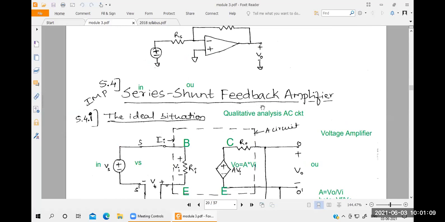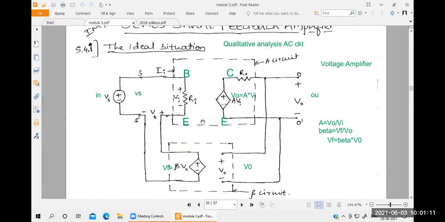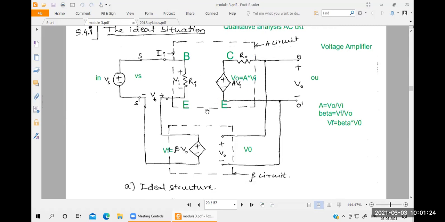Series-shunt feedback: this one is the voltage amplifier. In it, we want to find the total input resistance with feedback and the total output resistance with feedback. For that, you have to write the equivalent circuit here, and based on this equivalent circuit, you derive the equations. Understood? So this is the complete